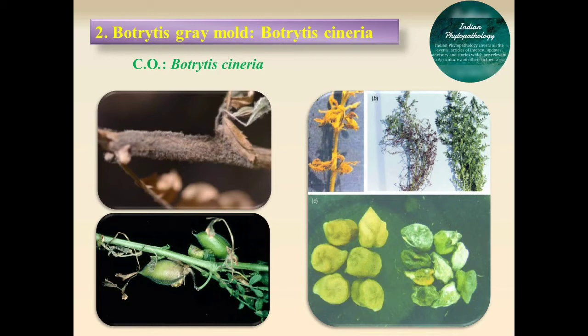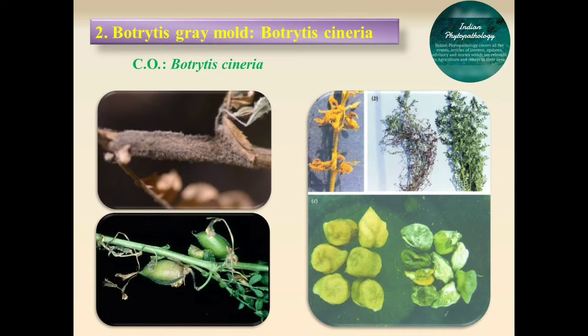Then intercrop with linseed is found effective for management of this botrytis gray mold. Avoid excess irrigation, use compact varieties. Then deep summer plowing is helpful for breaking the life cycle of this pathogen. Similarly, if we do the seed treatment with carbendazim or thiram at the rate of 3 gram per kg at